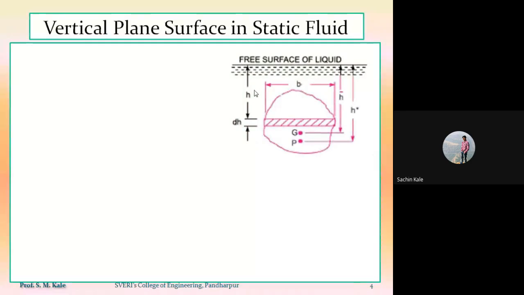As this small area is at a depth h from the free surface of the liquid, according to the hydrostatic law, the pressure intensity acting on this small area strip is nothing but rho g h. And here, if I want to find out the pressure force acting,